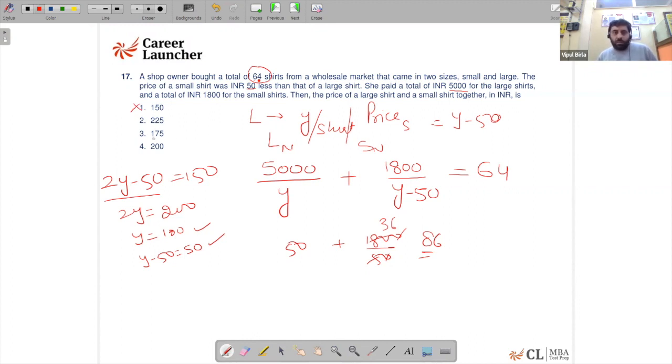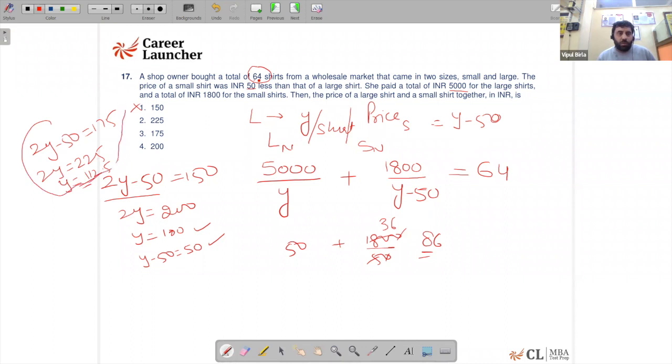Second, if I look at, because I know the price has to be more. The price has to be more. Then only I'll be able to buy less number of shirts than 86, which should come out to be 64. Now, if I have to choose the second value, if I take, let's say, 2Y minus 50 equals to 175, I end up getting 2Y equals to 225, or Y is coming out to be a value which is in decimal, which is 112.5. So better is to avoid these kind of values in order to check it. I mean, if there is no option, obviously we'll be doing it.